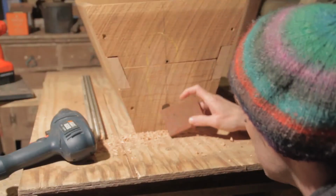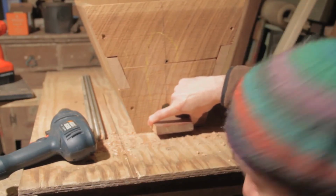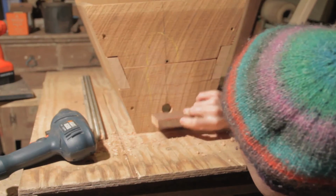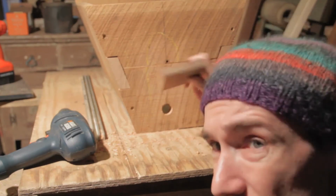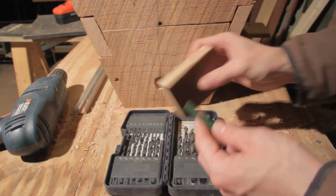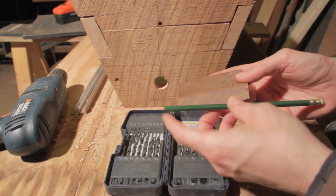So what I want to do with this thing is mount it at the bottom of the hive itself, maybe a half inch up off the bottom. And I don't want to drill screws through this and into the hive, and I don't want to nail it and risk breaking it. I looked for a minute to find this on the floor. So I'm going to show you a trick an old timer taught me once. I'm going to use a pencil as a dowel joint. I'm going to drill a hole in here, drill a corresponding pair of holes there, and cut this pencil into two pieces